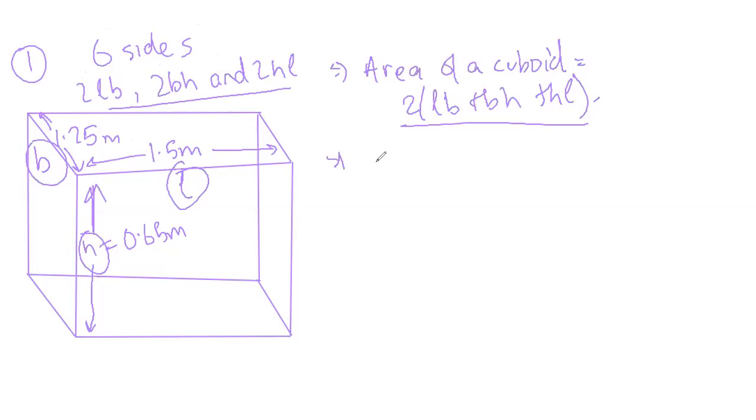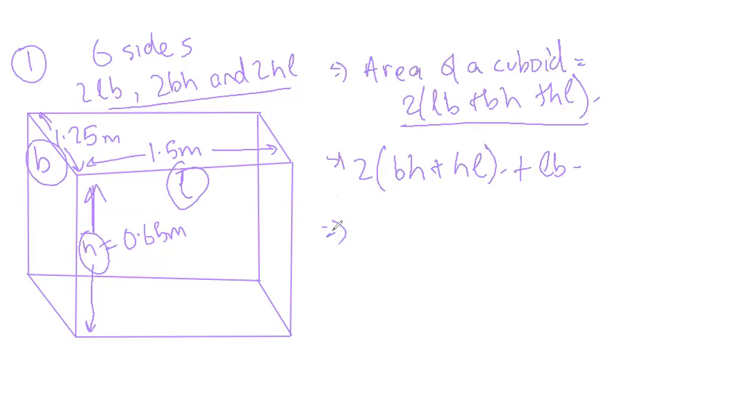Okay, now in this question it says that it is open at the top. So when it is open at the top, we'll write it as 2BH plus 2HL, because it is already confirmed that there are two sides of breadth into height, one on the left and one on the right. So there are two sides of BH and two sides of HL, front and back, plus LB. There is only one side at the bottom which is closed, but at the top it is not closed. So we'll take only one side of LB and then we'll start the question.